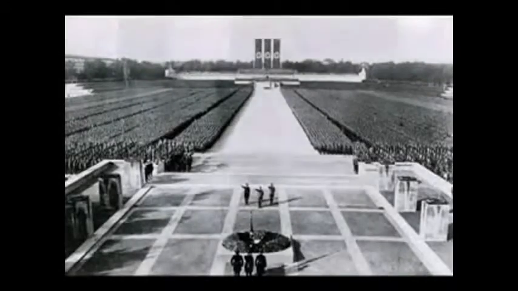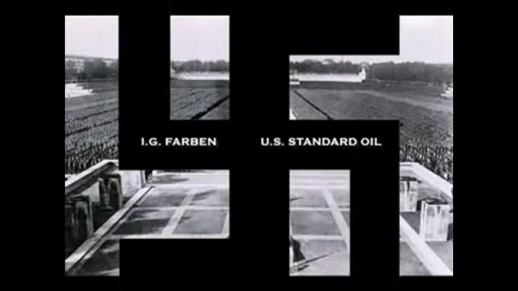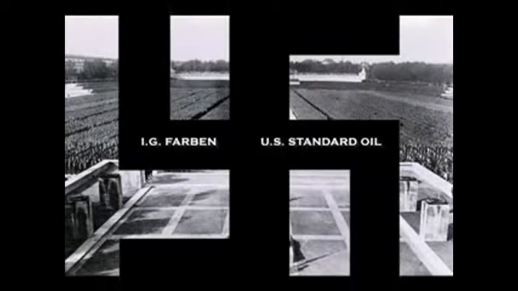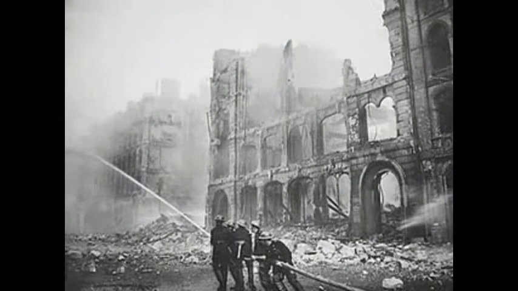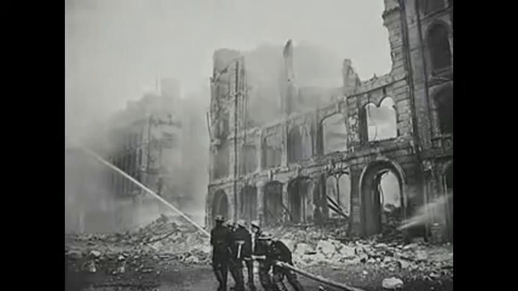It is important to note, Nazi Germany's war effort was largely supported by two organizations, one of which was called IG Farben. IG Farben produced 84% of Germany's explosives, and even the Zyklon B used in the concentration camps to kill millions. One of the unspoken partners of IG Farben was J.D. Rockefeller's Standard Oil Company in America. In fact, the German Air Force could not operate without a special additive patented by Rockefeller's Standard Oil. The drastic bombing of London by Nazi Germany, for example, was made possible by a $20 million sale of fuel to IG Farben by the Rockefeller Standard Oil Company. This is just one small point on the topic of how American business funded both sides of World War II.